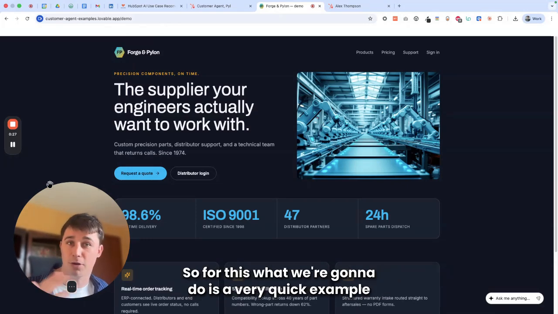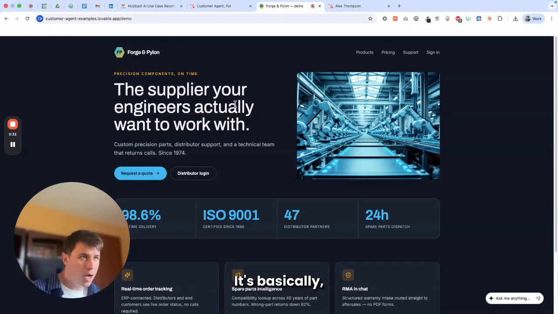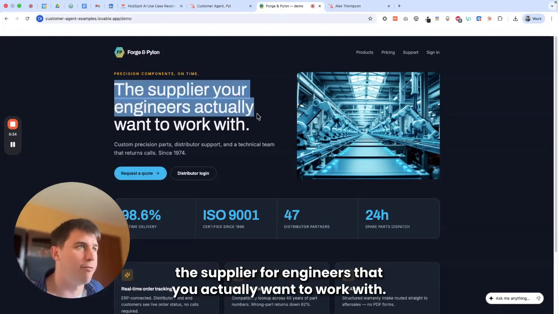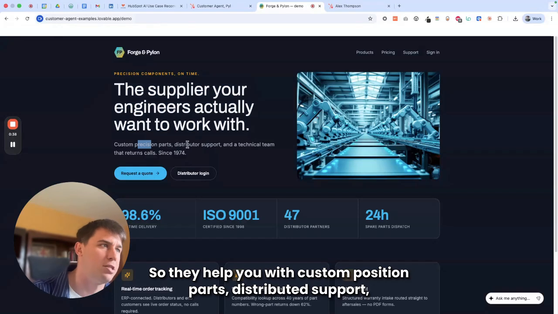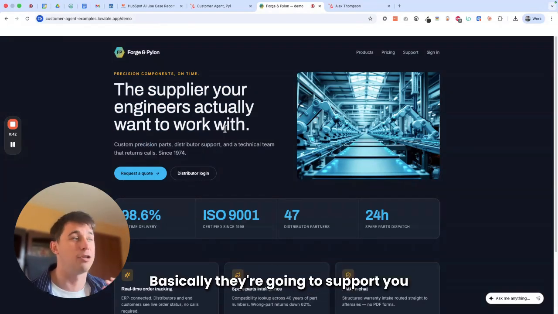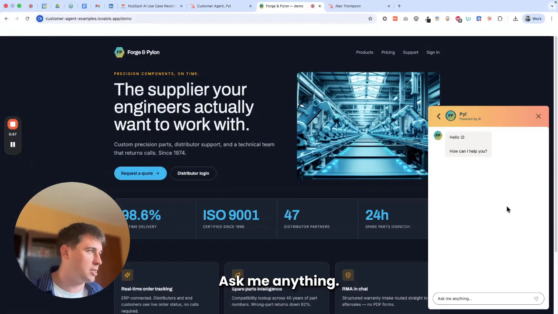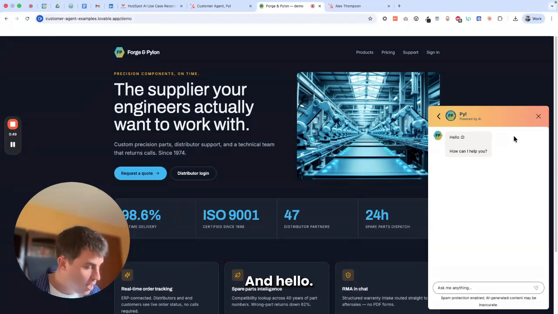So for this, what we're going to do is a very quick example with this company that I've invented. It's in Thailand. Basically, the supplier for engineers that you actually want to work with. They help you with custom precision parts, distributed support, and they offer a technical team that returns calls. Basically, they're going to support you with machines they're selling to you and fixing. So let's go here, ask me anything, and hello,